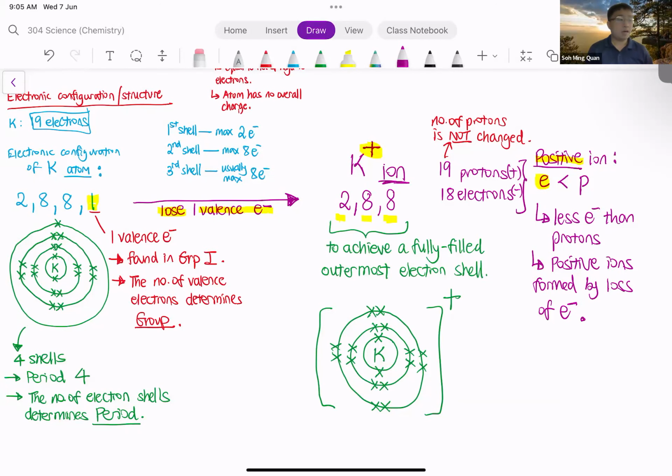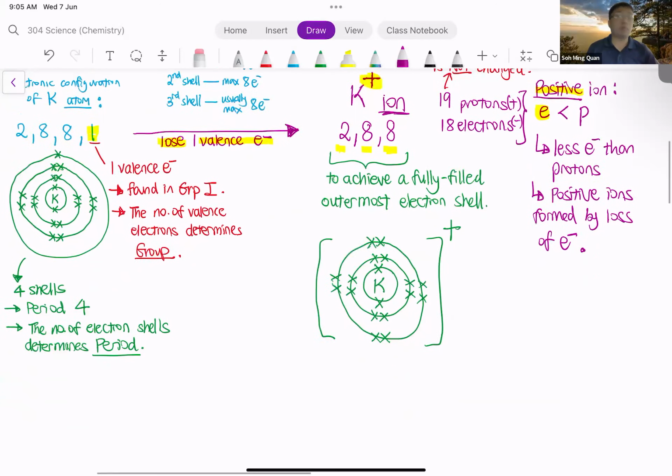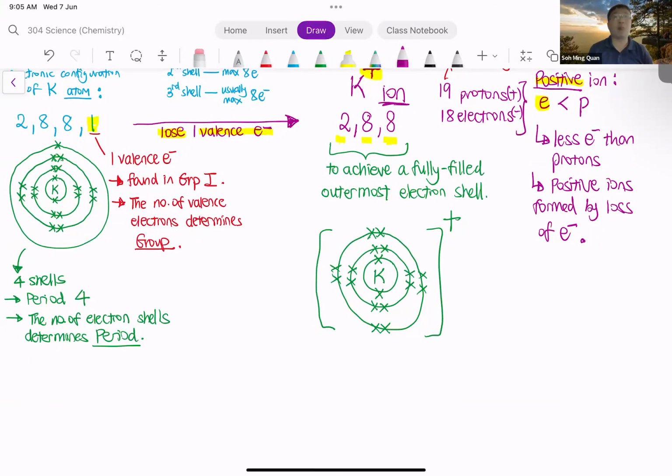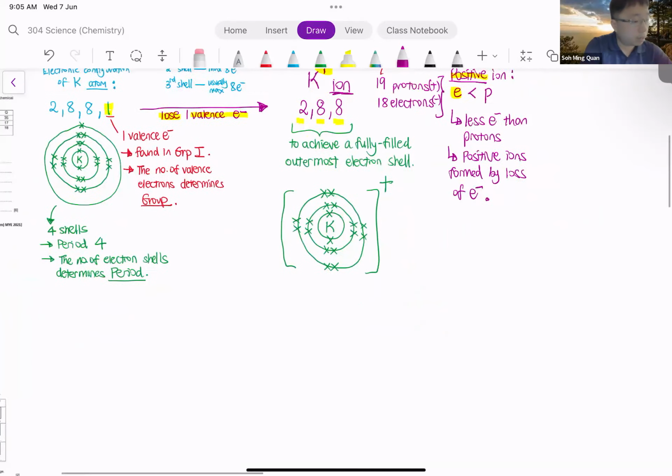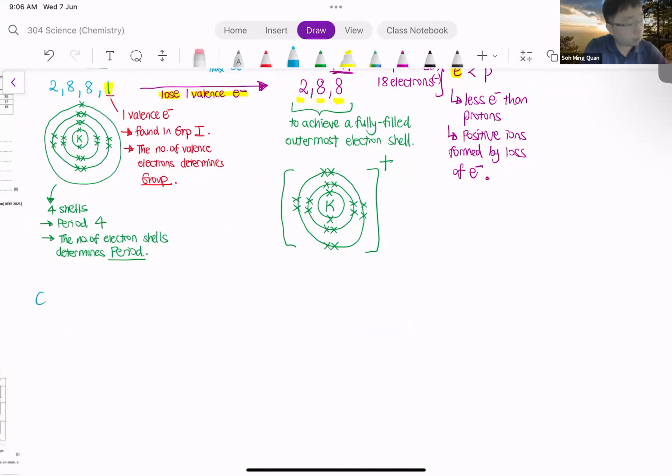Okay, good. Now, I'm sure you can see potassium lost one valence electron to form K plus ion. It's positive because it lost electrons. So losing electrons forms a positive ion. The purpose of doing this is to achieve a fully filled outermost electron shell. Now, not everything will lose valence electrons. So something else, for example, if I started with chlorine,